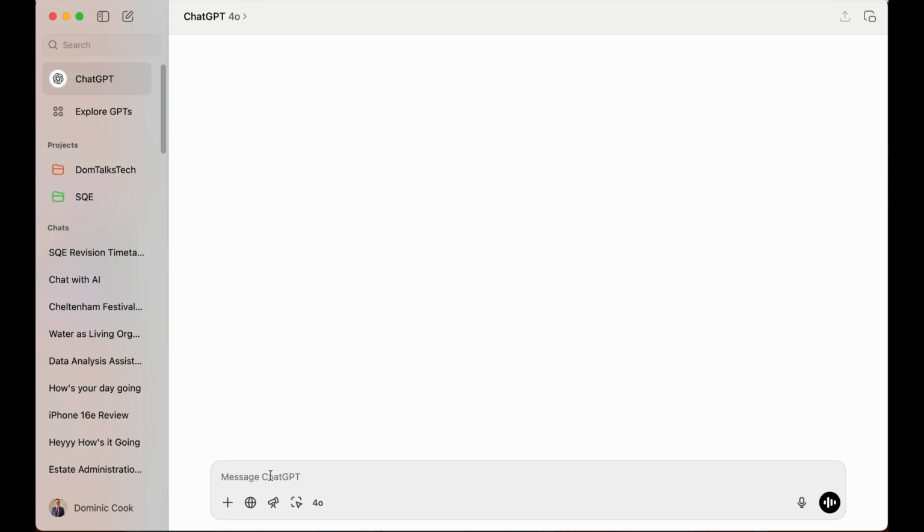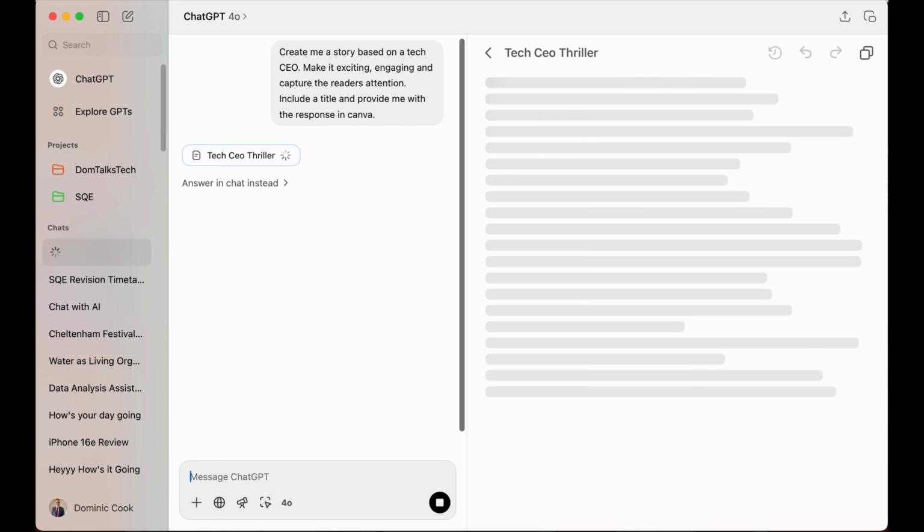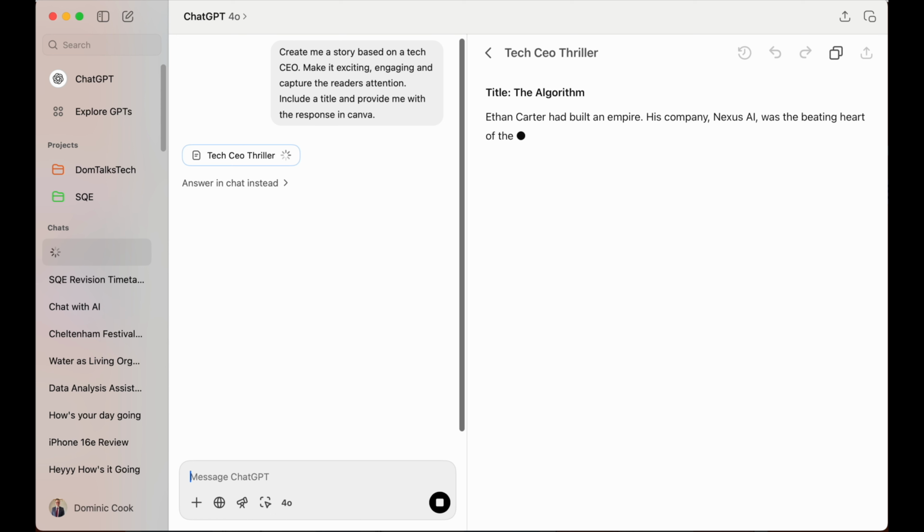What I want to show you is actually the Canva feature. And this is really great because you can ask it to come up with a piece of writing and you can edit the document as well as the AI tool. So we might want to give it a prompt like this, which is: write me a story based on text SEO, make it exciting, engaging, capture the reader's attention, include a title and provide the response in Canva. So if we put this into the chat, it's then going to start writing and open up a sidebar in